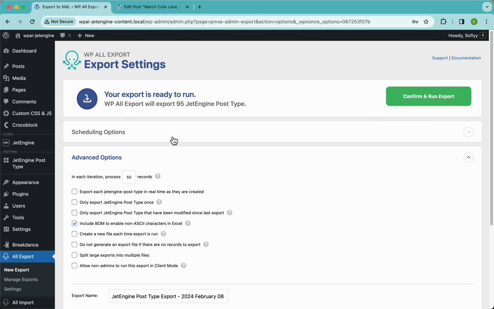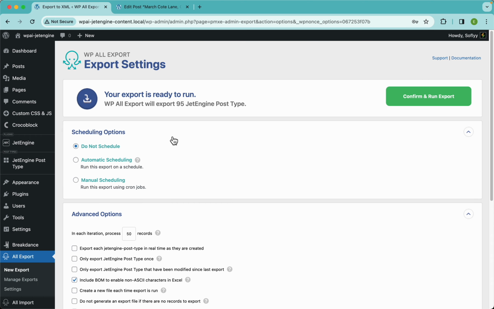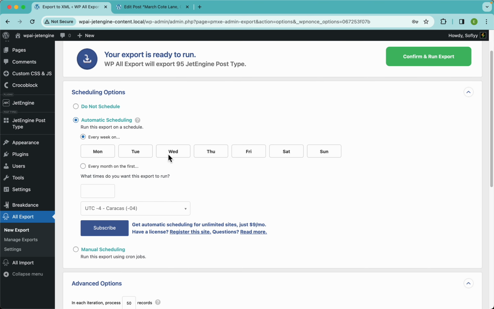Now here finally we have these scheduling options, and this is pretty cool guys, because this means that you can set up this data to be exported automatically on a schedule. So let's say you need this data exported every single day, right? So you can use the automatic scheduling service, and this is a paid service guys. And for example, if you wanted to run this automatically every single day, you can enable all of the days